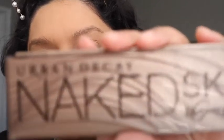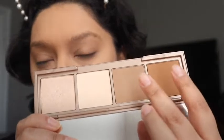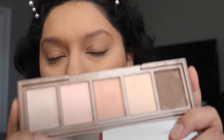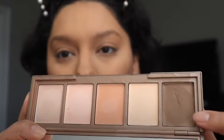I'm gonna go ahead and finish off my face because I'm getting off track. So I'm gonna go in with my Naked Skin by Urban Decay. I love this because it has 2 contours, brightening and highlight, and then it also has a nice mirror. And then you flip it over and it has your creams if you want a cream contour, which I haven't done yet. I feel like this might be too light, but anyways,